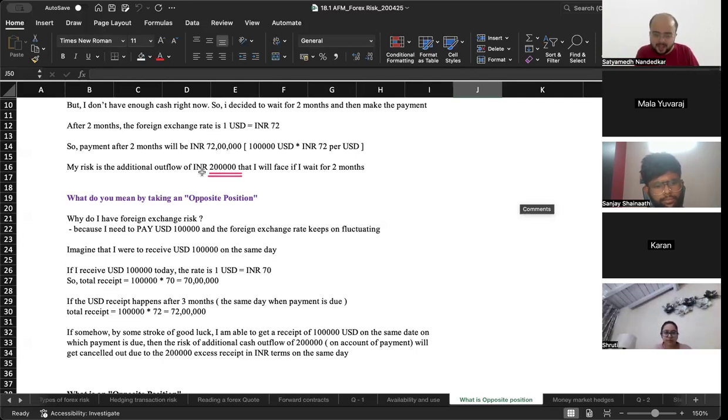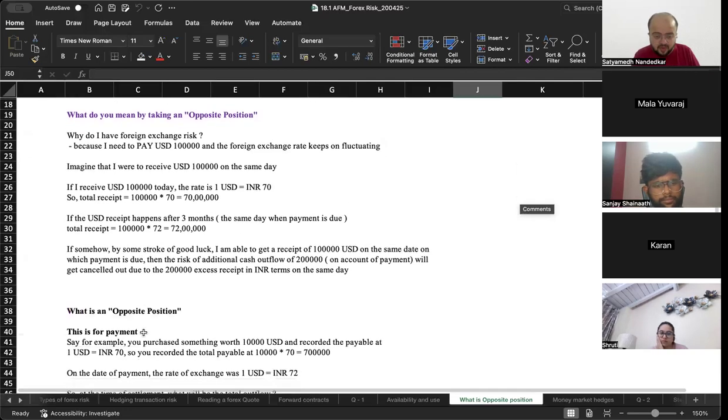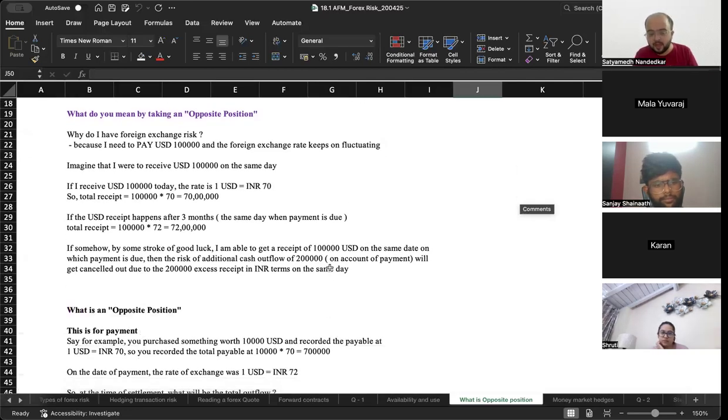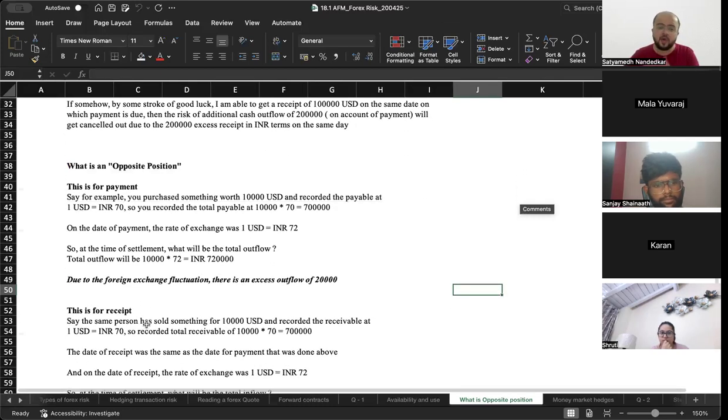So here the excess payment that I am making is matched with the excess receipt that I would get if I deliberately were able to create a receipt of 1 lakh dollars on the same day. So if by some stroke of luck I am able to get a receipt of 1 lakh dollar on the same day on which the payment is due, then the risk of additional cash outflow of 2 lakh on account of payment will get cancelled out due to the 2 lakh excess receipt in INR terms on the same day. And this is exactly what